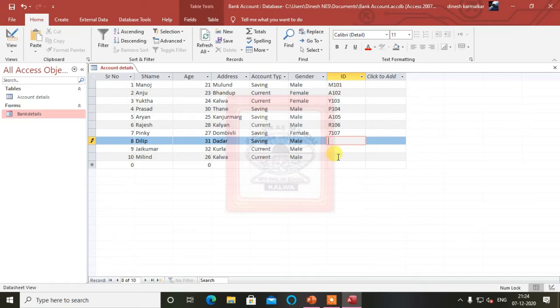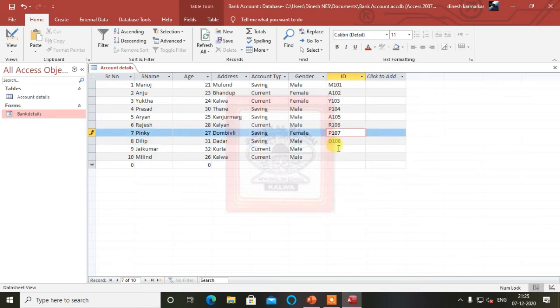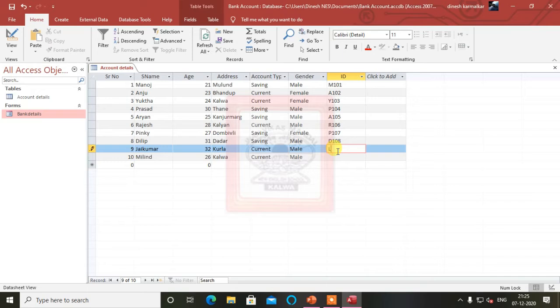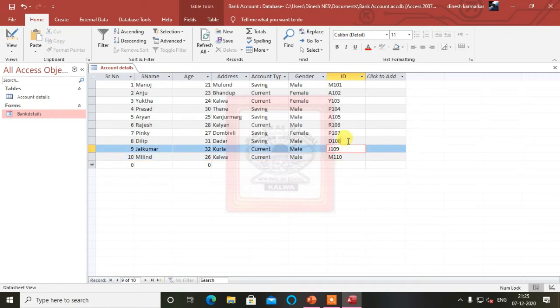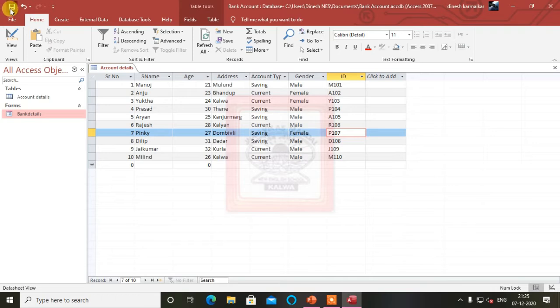Here P required, 109, and here M 1110. So all these 10 records we have.